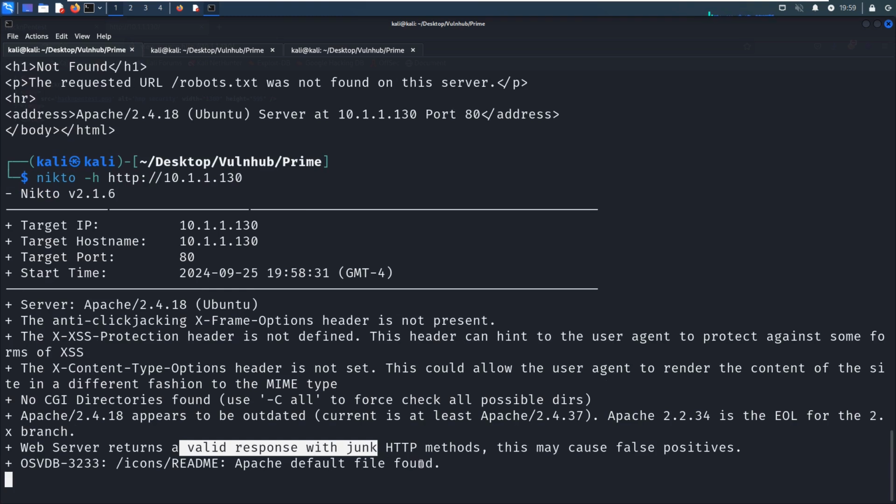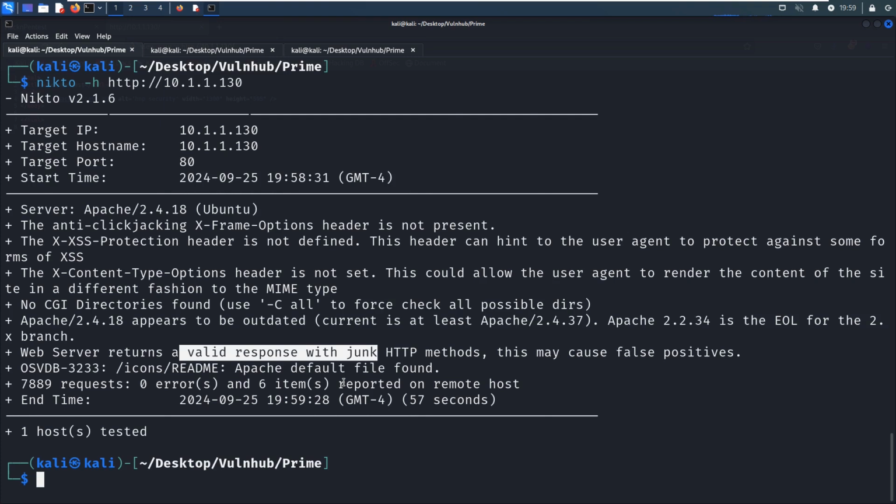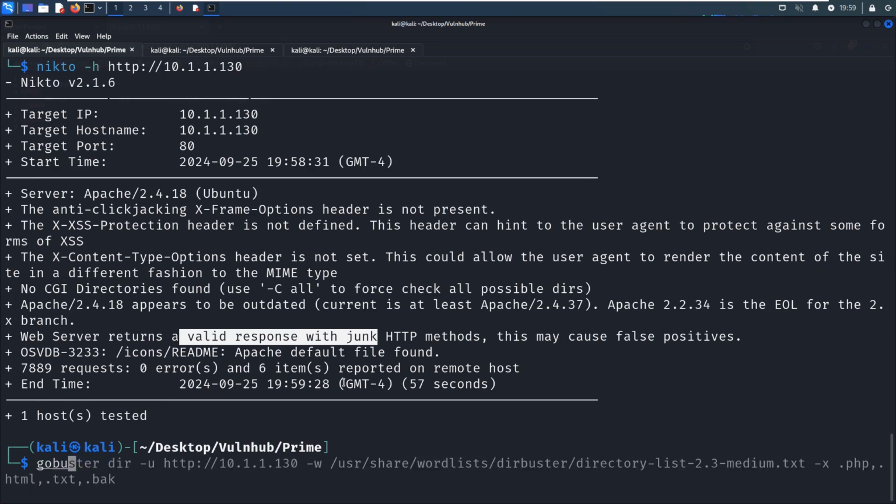Apache default file found. Okay, it's done, but we found nothing.